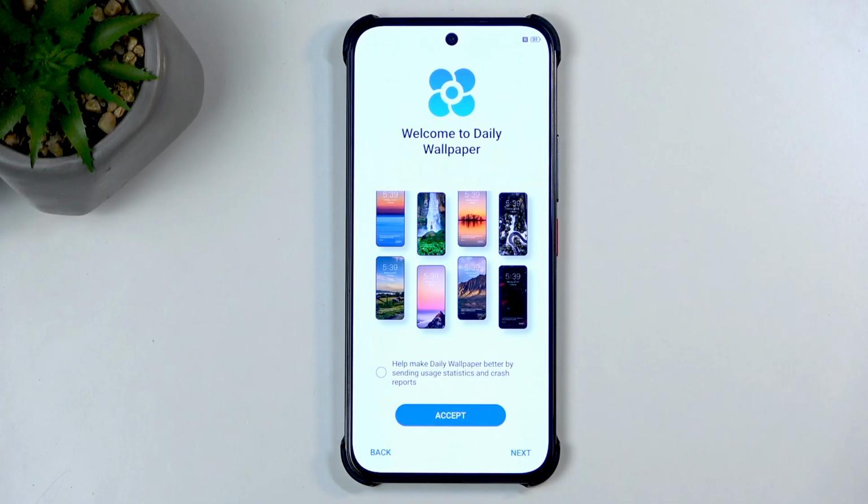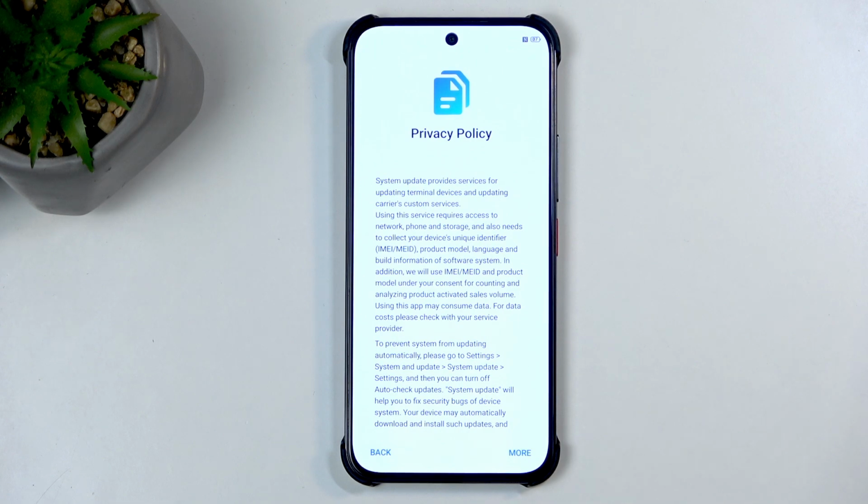just for the sake of not needing to explain to a significant other, for instance, why I have a wallpaper of a maid cleaning, or whoever that is right here. It's much easier to not need to explain yourself and just set up, I don't know, a picture of a houseplant permanently. Going to be much better than that. So I am not going to be accepting this, and I'm just going to go on to the next page,